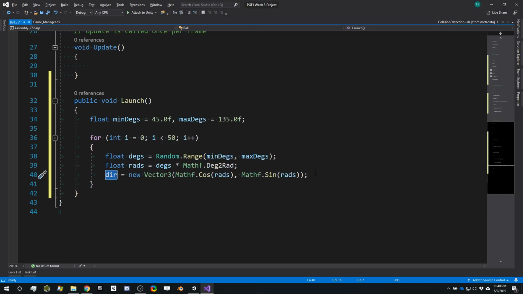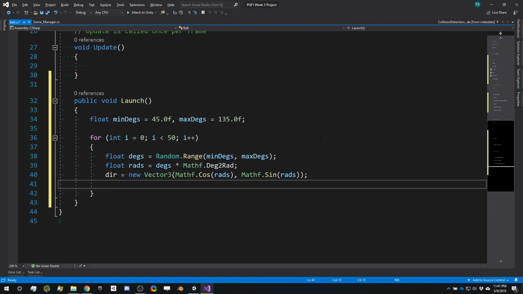Well, it turns out that the Debug class isn't just for logging. It actually has the ability to draw different items. It can draw lines and it can draw rays. And since dir is actually a ray from a center point up and to a specific vertical and horizontal, which is the x and y, then we can render that, whatever that line is, whatever that ray is more specifically, from wherever this particular object, this ball, happens to be sitting. So on the next line, we need to call out to